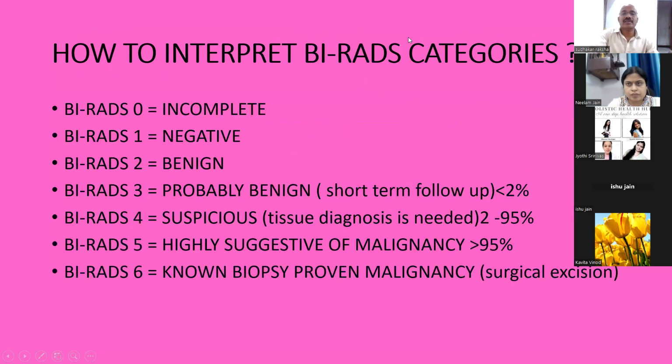So how to interpret the BI-RADS? When we get the FNAC, usually the pathologist will receive patients with any swelling in the breast. So this report is there, BI-RADS 4, BI-RADS 6. Often we confuse what this BI-RADS 2, 3 is. BI-RADS 0 means the interpretation is not possible. Another repeat scan is needed, or an MRI scan is needed to interpret. BI-RADS 1, this is the radiologist diagnosis.